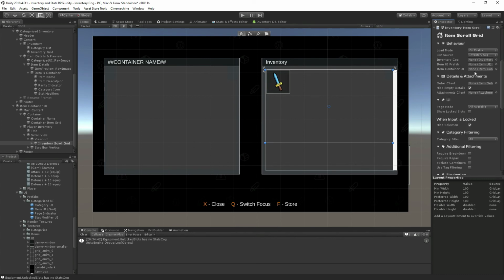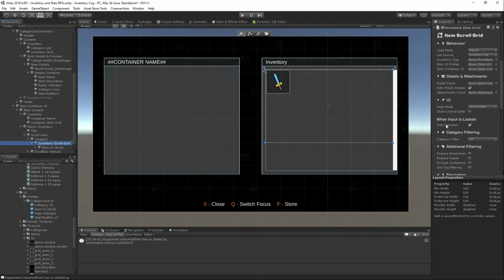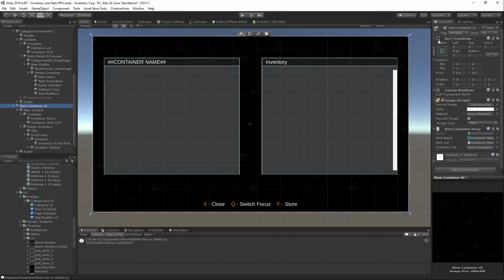Okay. So this is going to be the same thing. It's going to be manually done. And what this does is it automatically sizes things for you. Instead of doing a page, it just sets this area, which was previously called, I think, content of the viewport. It automatically sets its size to whatever you need. Again, we don't need any details. We don't need any category filtering. We're just going to use the same prefab again, so we can delete that from here. Okay, so let's